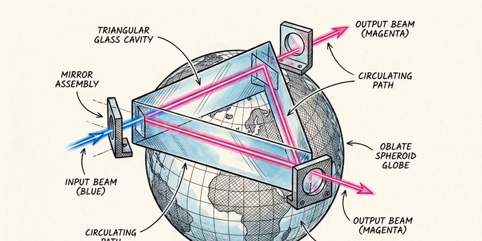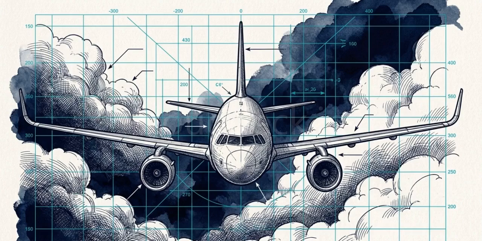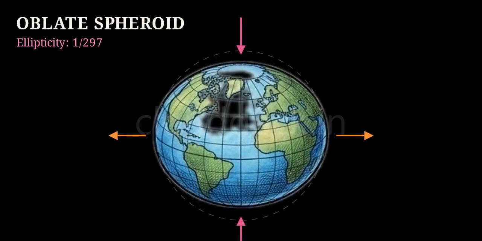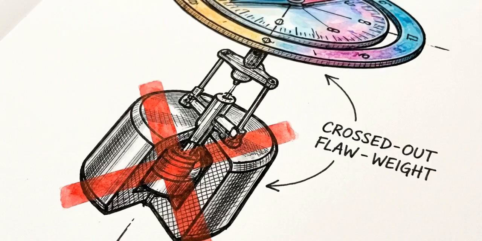Utilizing pure inertia and the quantum physics of laser light, aviation finally achieved a navigation system entirely immune to planetary geometry, magnetic dip, and atmospheric weather. Safe flight is a constant mathematical battle against the physical reality of the planet. The industry bypassed the oblate geometry of the globe, engineered its way out of pendulous compass errors, and abandoned refracted